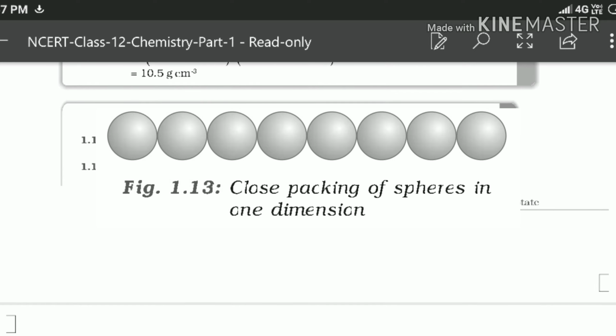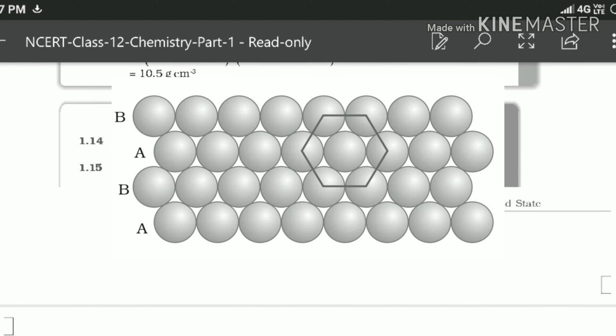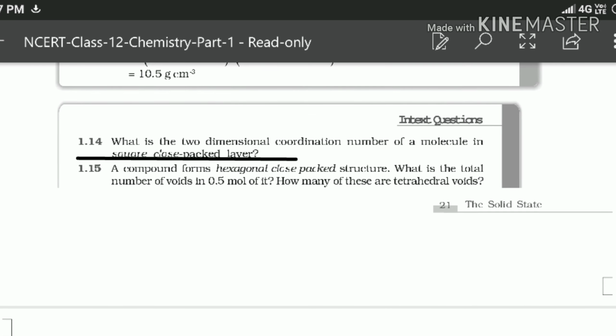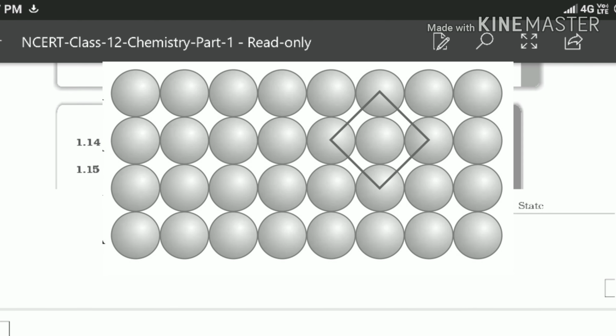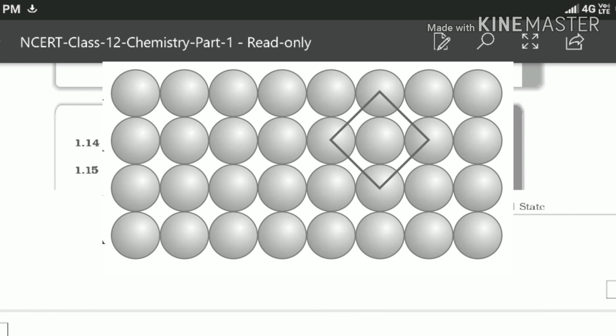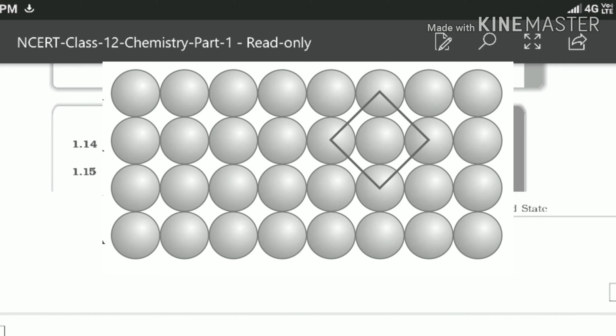is 2. Similarly, in this figure you can see that each sphere is in contact with 6 other neighboring spheres. So here the coordination number is 6. Similarly, in square close packed layer, as asked in the question, the coordination number is 4. This is because for the central sphere, or any sphere we can consider, we are free to choose any sphere, the sphere is in contact with 4 other neighboring spheres and hence the coordination number here